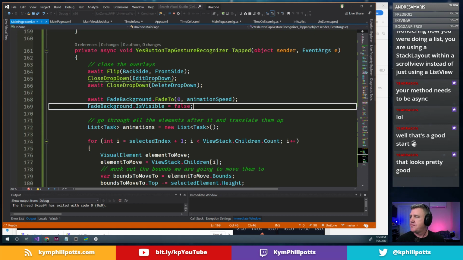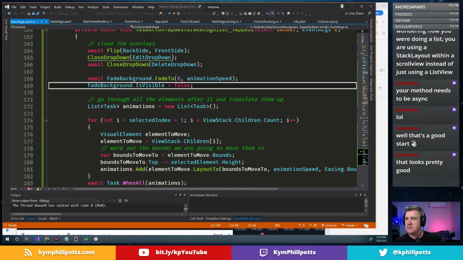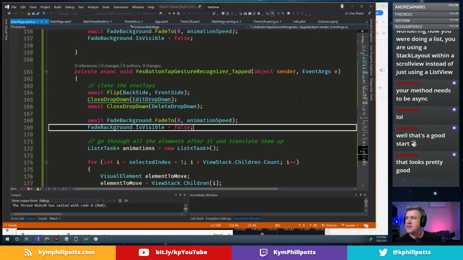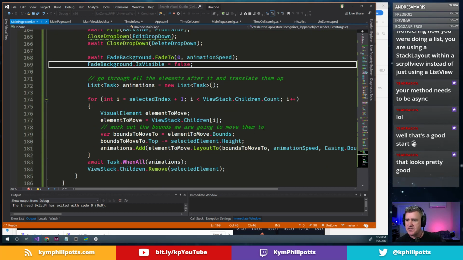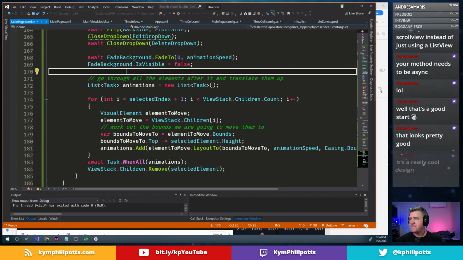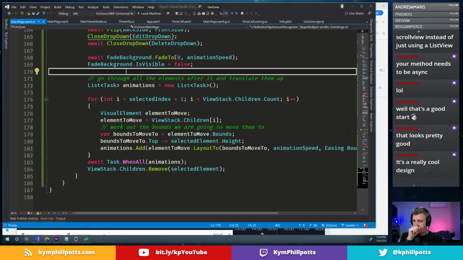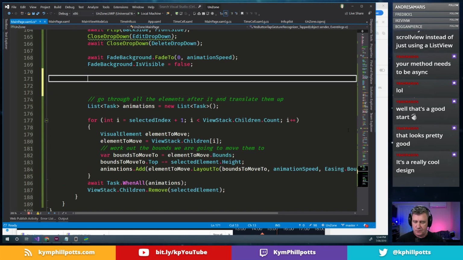What do you think of that? Why Bad Dragon, what did you think? Is that doable? It looks pretty good. I think we need to refactor some of this code, but I'm just wondering if it's the last element, whether we should just fade it out. Why don't we do this? Why don't we say if our selected index is the last one,